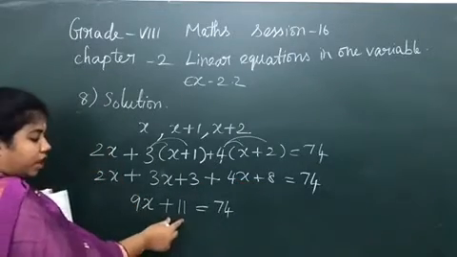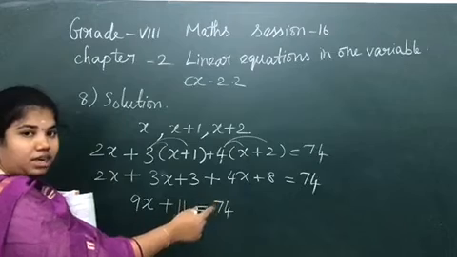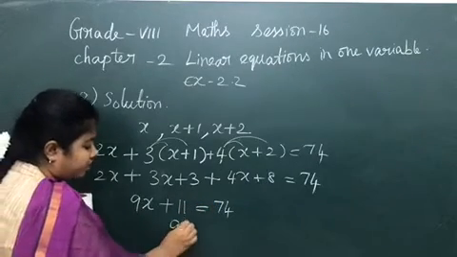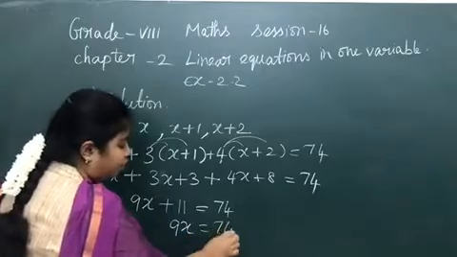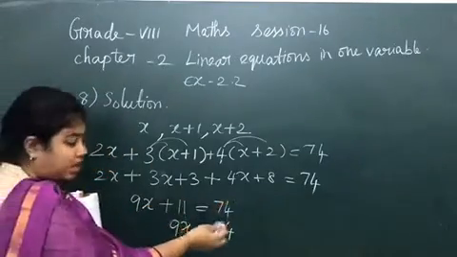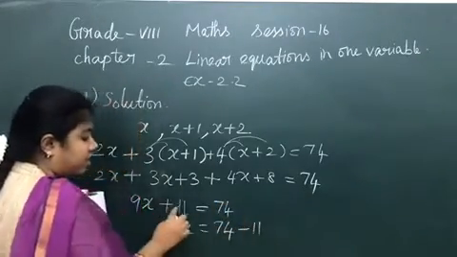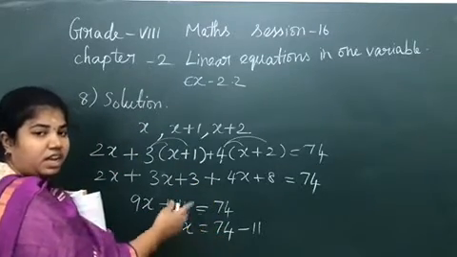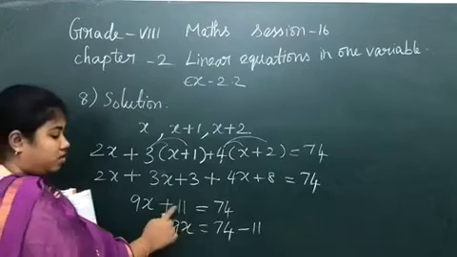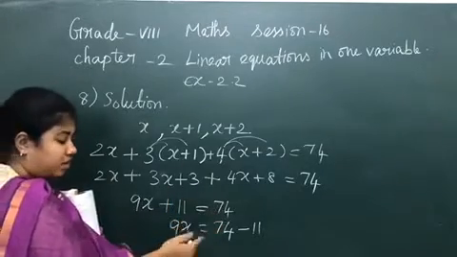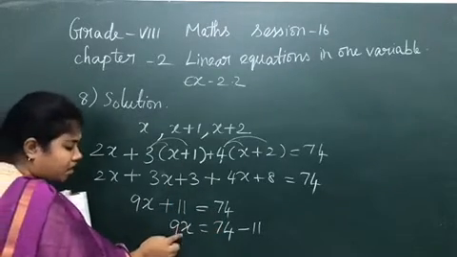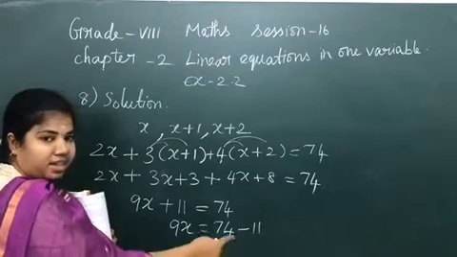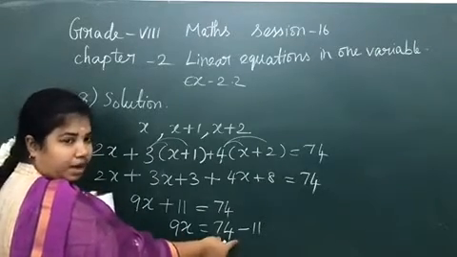Already I told you, when a number is alone you can take it to the right hand side and solve. Next you can take the variable term. So 9x is equal to 74. When plus 11 goes to that side it will become minus 11. It is plus here, and if it goes to the right hand side, it will change its sign. So it is plus 11 here and minus 11 on the right hand side. Now I have 9x. Let me keep the variable alone and take the 9 to that side. Before that you have to subtract these two numbers.